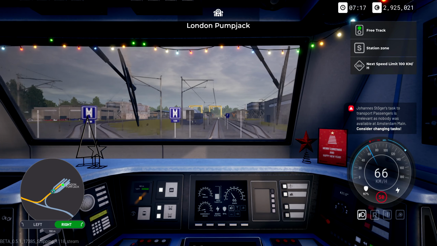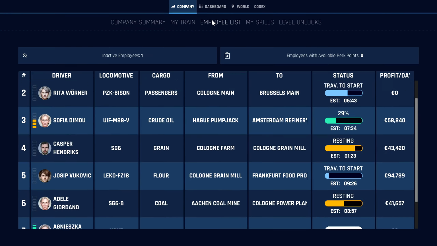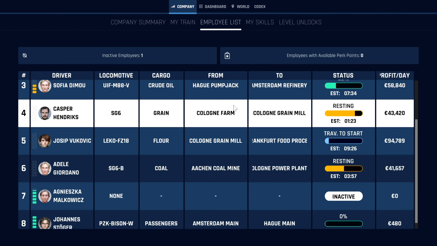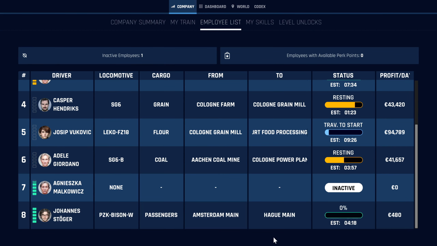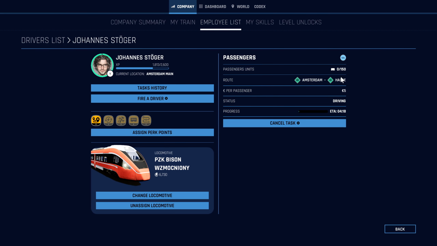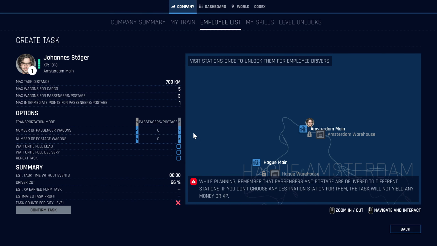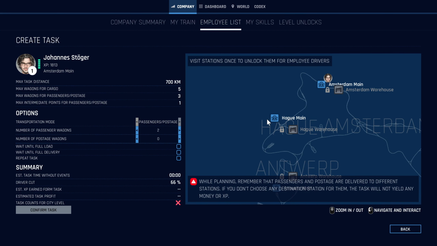Task, transport passengers are irrelevant. Nobody was at the station. Okay. We'll deal with that. My train employee list. You're inactive. You've got nothing to do. Johannes Stodger. Right, so you're going from Amsterdam to Hague. Okay. Cancel task. Confirm. Fire a driver. No, I don't want to fire him. Create a task. Passengers and postage. Take 2. You are going to go from...